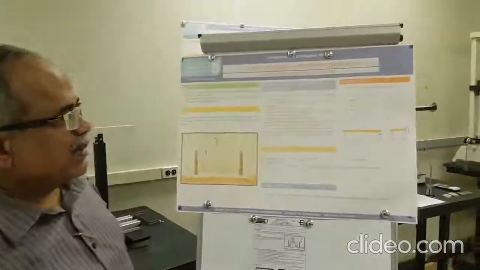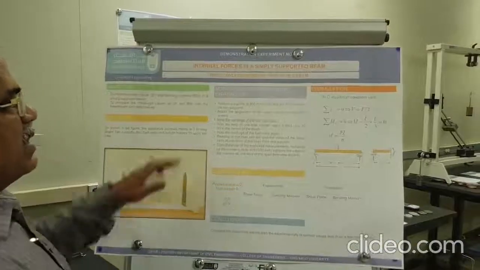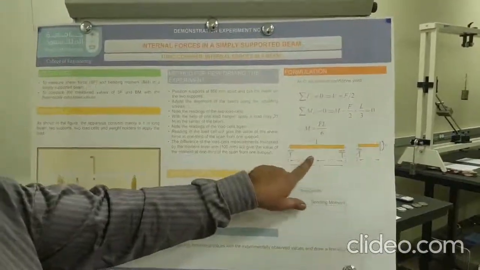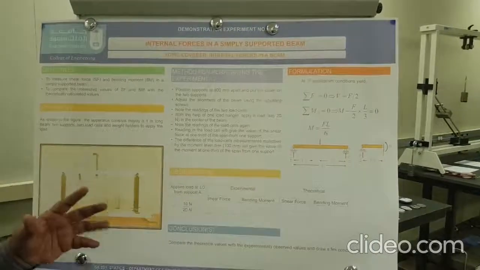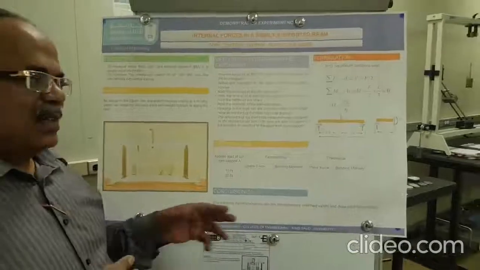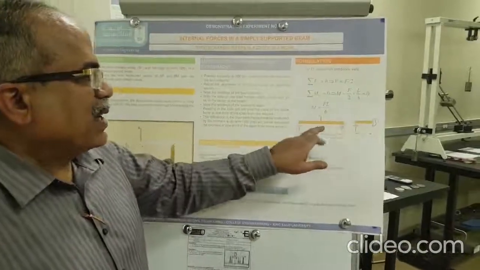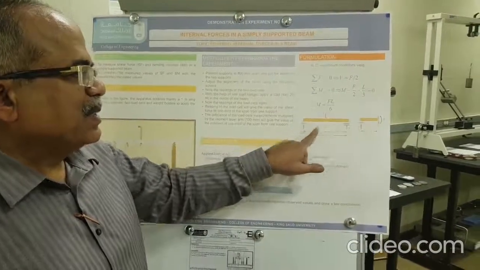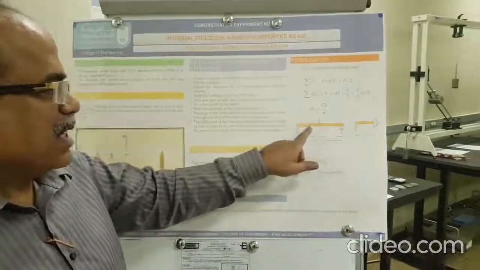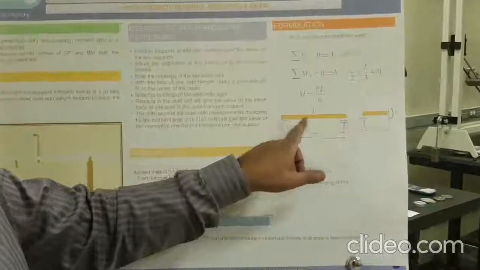Okay, now we are in experiment number 4. Experiment number 4 is finding the internal forces in a simply supported beam. You can see the free body diagram over here. So what we are going to do, we have a beam of known length, and then we are going to apply a force at the center. Then we are going to find the shear force and bending moment at a point O, which is at 1/3